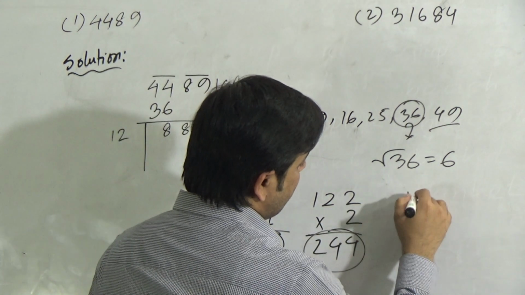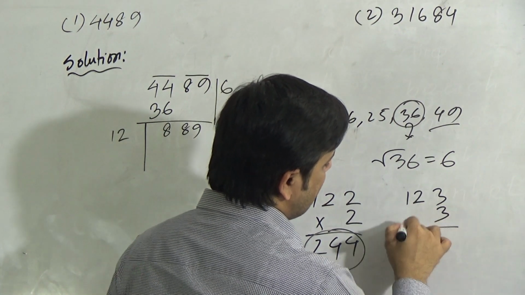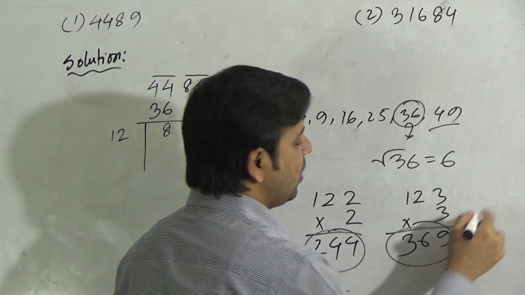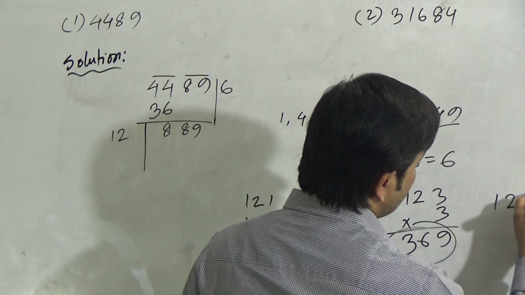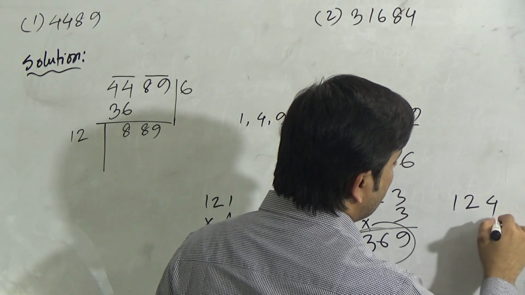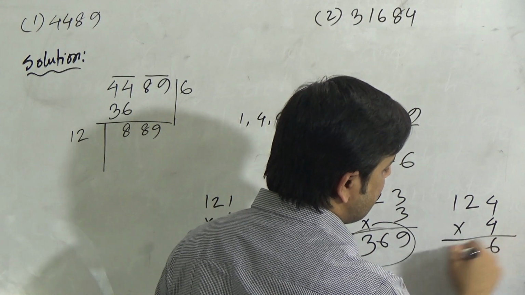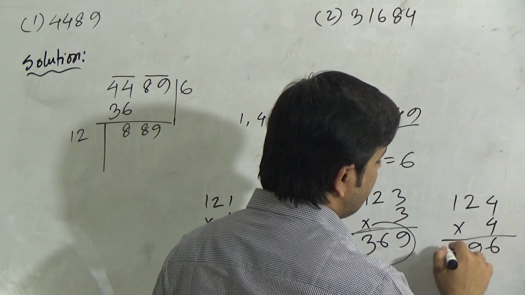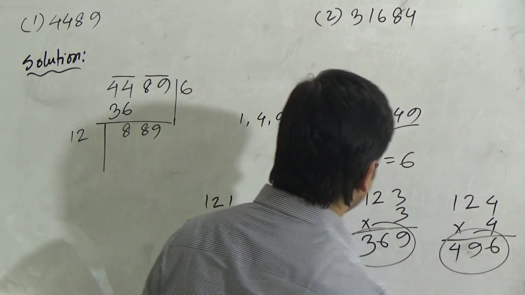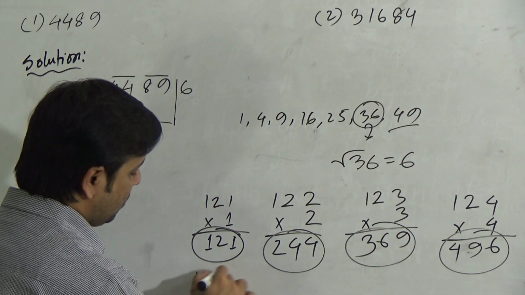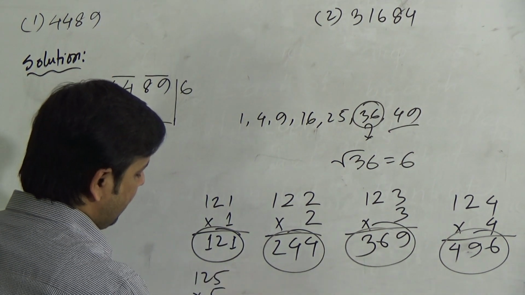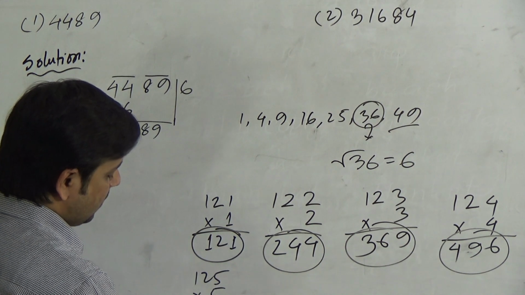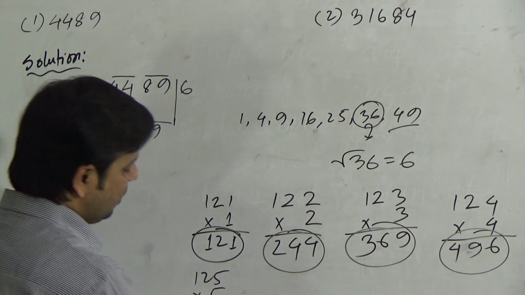Now consider the next digit, 3: 123. Multiply by 3 also. 3 threes are 9, 3 twos are 6, 3 ones are 3. This is also too small. Now 124. Consider 4 and multiply by 4. 4 fours are 16, 4 twos are 8 and 1 makes 9, 4 ones are 4. This is also too small. Now consider 5: 125. Multiply by 5. 5 fives are 25, 5 twos are 10 and 2 makes 12, 5 ones are 5 and 1 makes 6: 6125. This is also smaller.